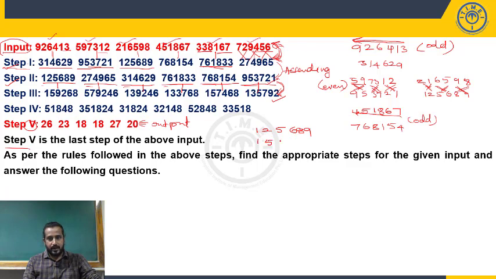1, 5, 9, 2, 6, 8. Can you observe any changes? I mean, 1, 2, 5, 6, 8, 9 becomes 1, 5, 9, 2, 6, 8. What can you say? Odd numbers are written first in ascending order and then followed by even numbers in ascending order. The group of odd numbers is written in ascending order, and the group of even numbers is written in ascending order.